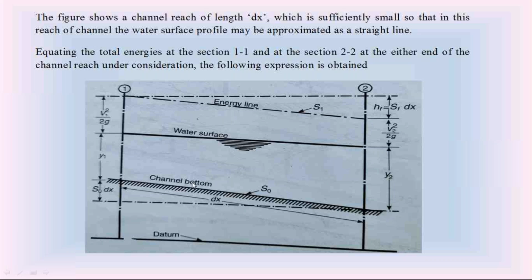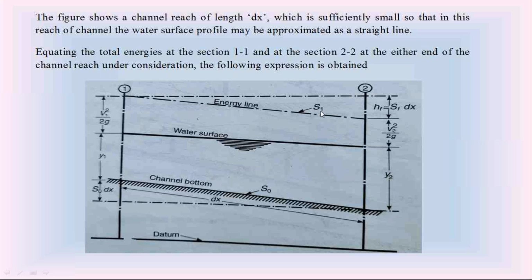Then due to friction on the channel bottom from section 1 to section 2, there is a loss of energy of this water flow, that is hf. Find that hf, the loss of energy, carefully. This is the total energy line in the open channel. Take the slope of the total energy line as sf. Between section 1 and section 2, this is the horizontal distance dx. So the slope sf is equal to the vertical height hf at section 2 divided by the horizontal distance dx.